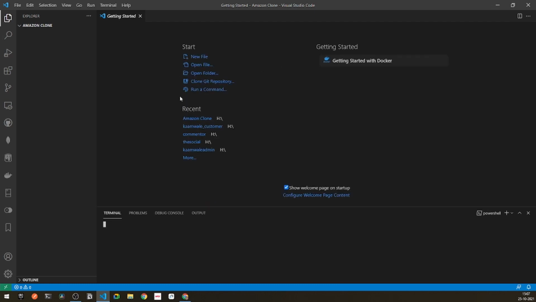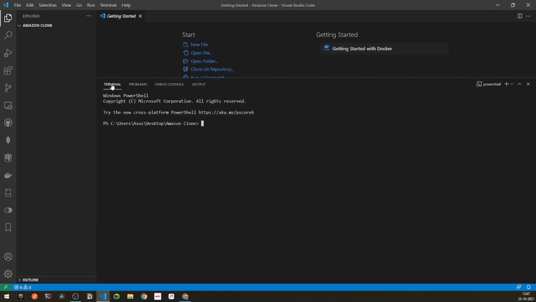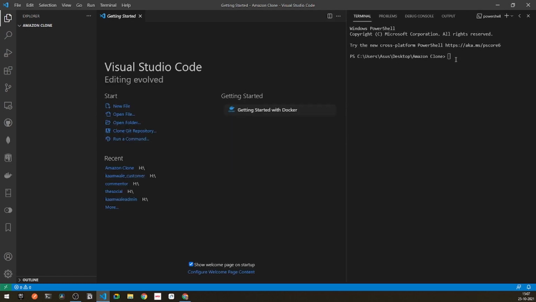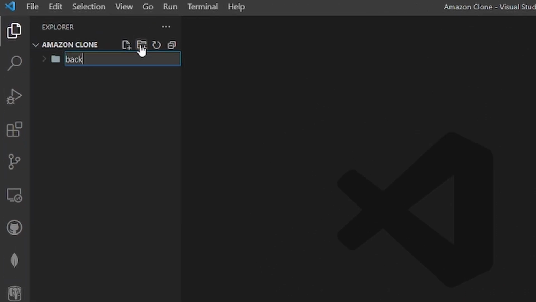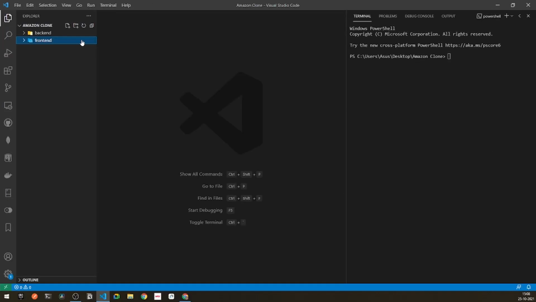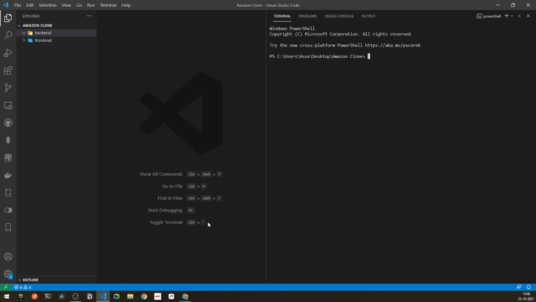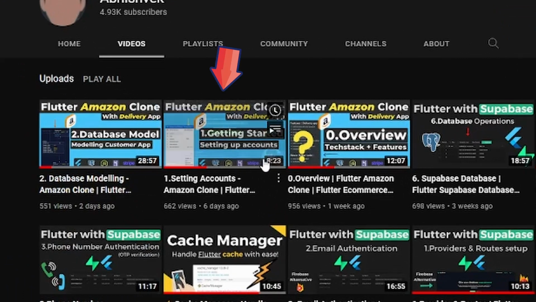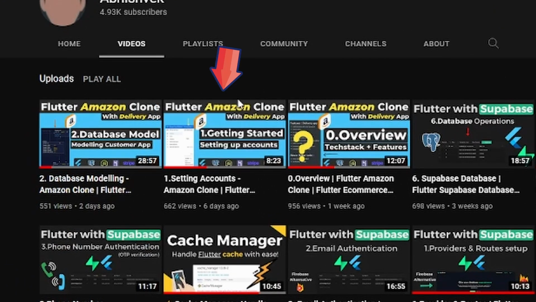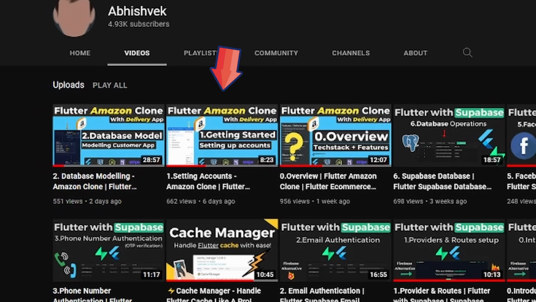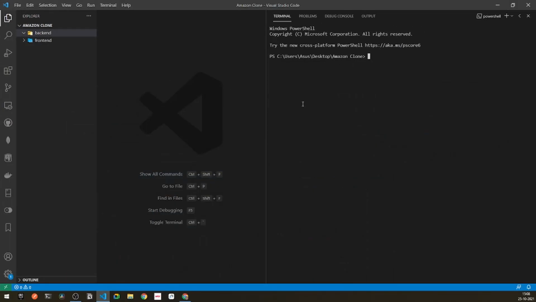So what I will be doing, I will be opening my terminal, and onto my terminal I will be right clicking and shifting it to the right hand side, so it will be more precise and clear. Under my entire Amazon clone folder, I will be getting two different folders, one for backend and also one for frontend, right? Where I'll say backend and also frontend. In this video, I have shown what things you actually need for building up the Amazon clone. So make sure you have seen that video so that you will get all the resources, software and tools for building up the Amazon clone.